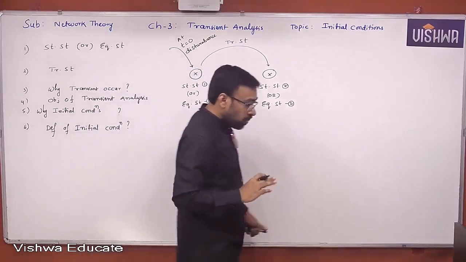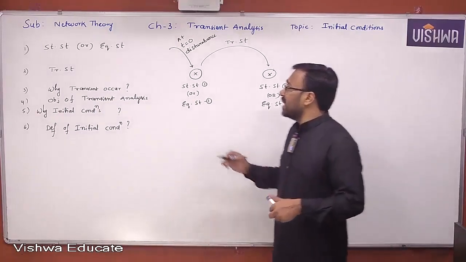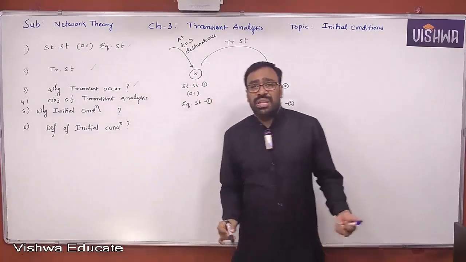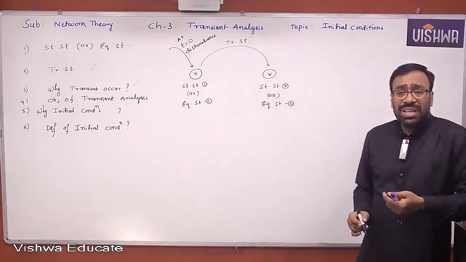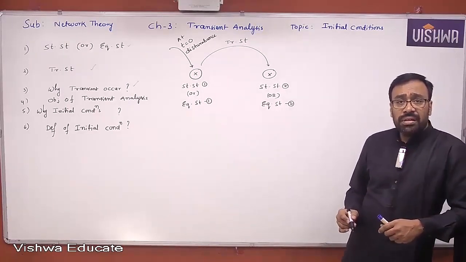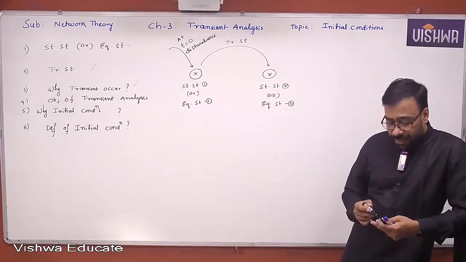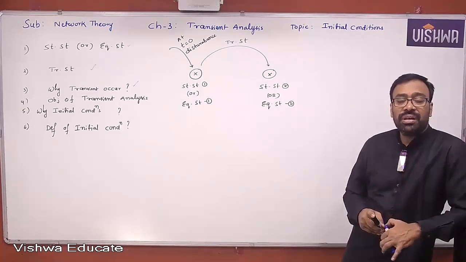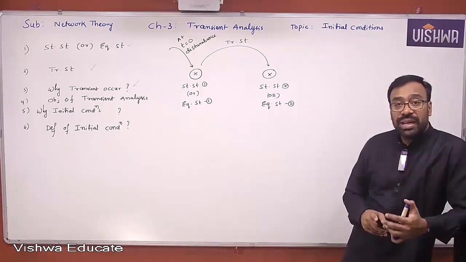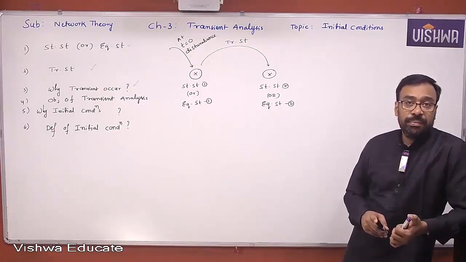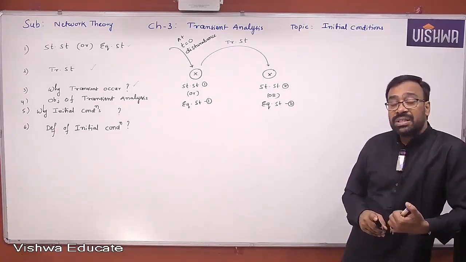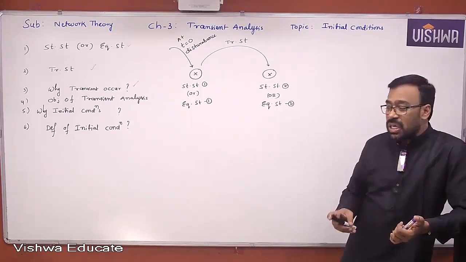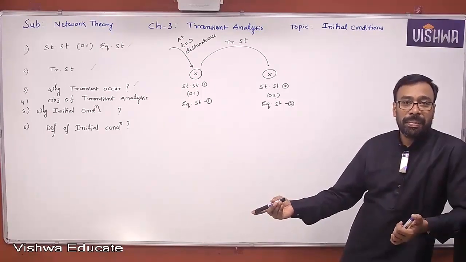Okay, now what is the objective? I think you understand now what the steady state is and what the transient state is. Now, why do transients occur? What is the reason for that? Okay, why are the transients occurring? See, we learned about the characteristics of inductors and capacitors. Yes or no, all of you? What is the important characteristic of an inductor? Current through the inductor may not change instantaneously. Voltage across the capacitor may not change instantaneously. Displacement of the body may not change instantaneously. Yes or no, all of you?